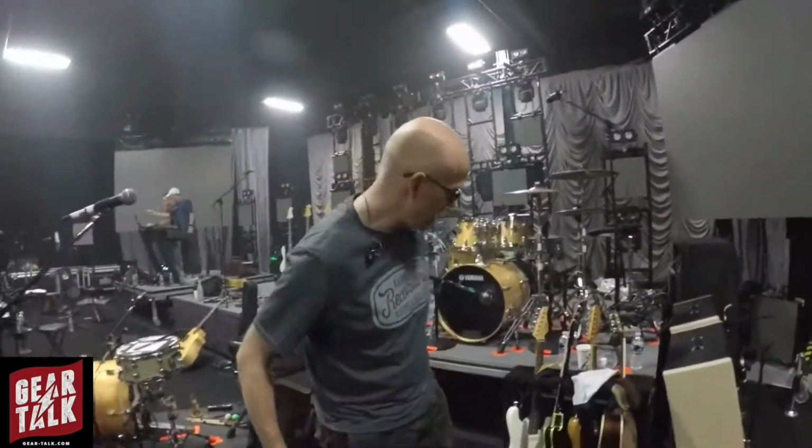And we are going to do a gear run through of Stu's rig. So Stu, all right, let's start off with the guitars, shall we? Yeah. So